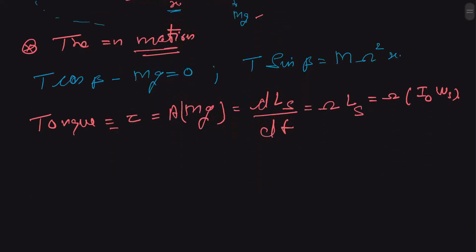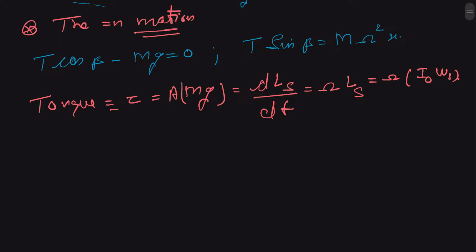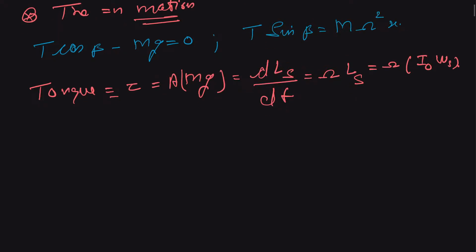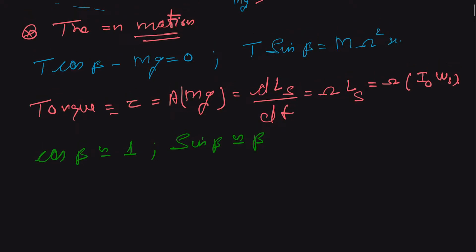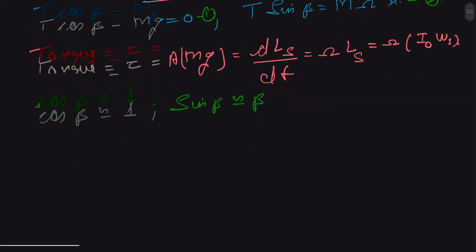So we can write that cos of beta is approximately equal to 1, and sine of beta is approximately equal to beta. Let us call this equation number 1 and this equation number 2. Therefore, from equation 2,